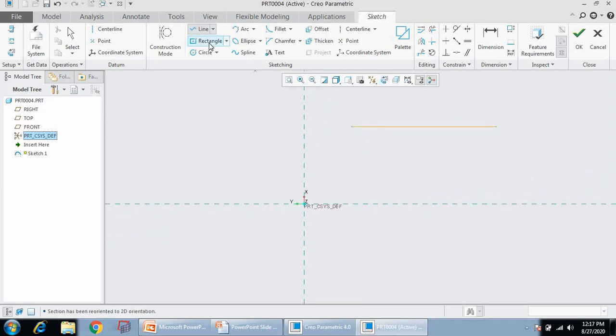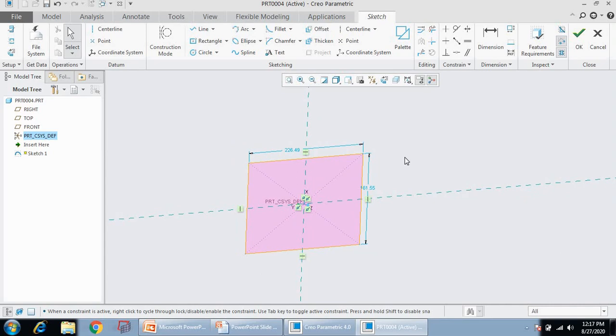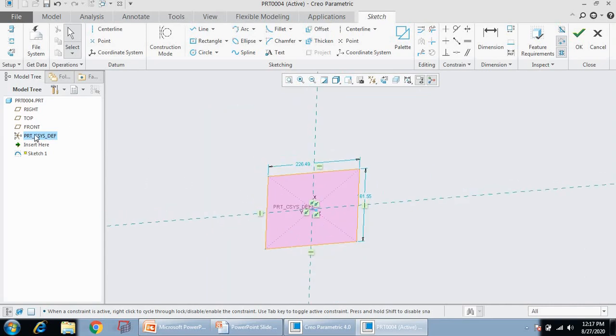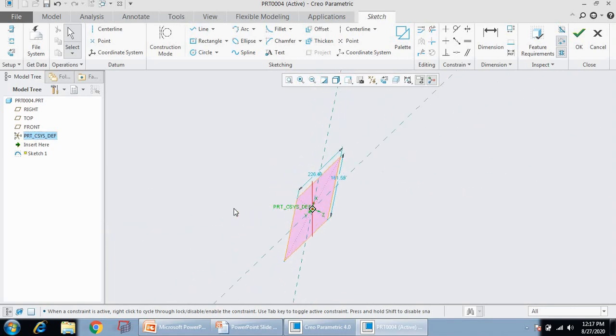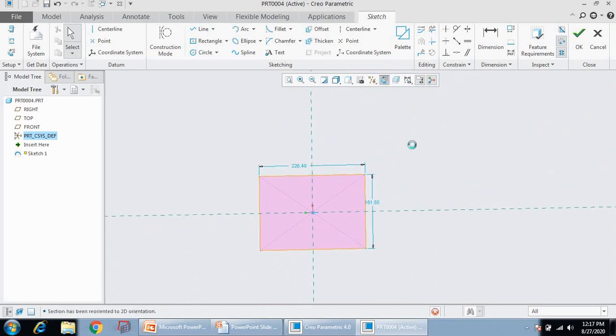Now let us draw one rectangle. You can see that this rectangle is having two dimensions, right? If you consider the coordinate system, you can see in the X and Y directions there are dimensions to this rectangle, but in the Z direction there is no dimension. So we can call it a two-dimensional object.